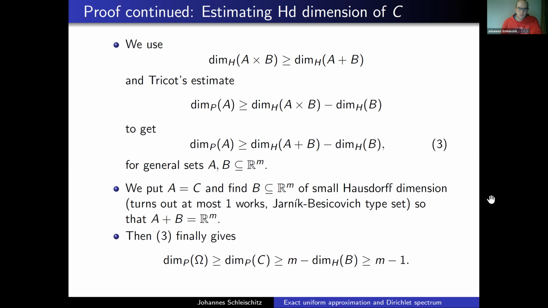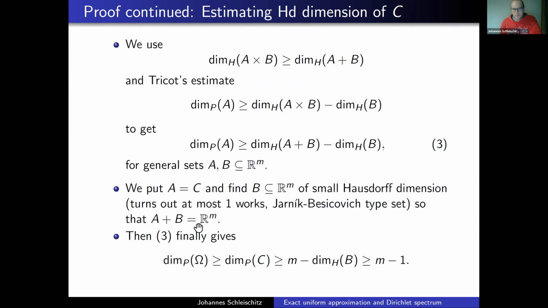And if we have this, then you get that the packing dimension of our set that we want is bounded below by the packing dimension of the subset, and this will be R^m has dimension m, and the Hausdorff dimension of B, in fact, it turns out I can take, it works with 1, so that's how I get the bound m minus 1. So some variational principle plus Tricot's estimate,